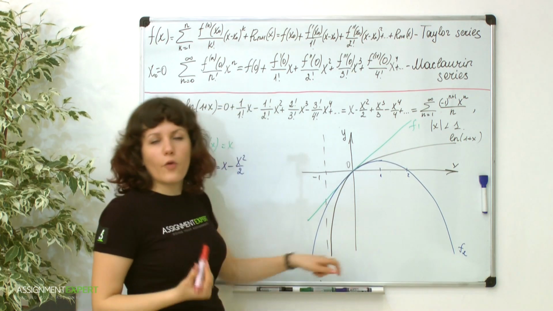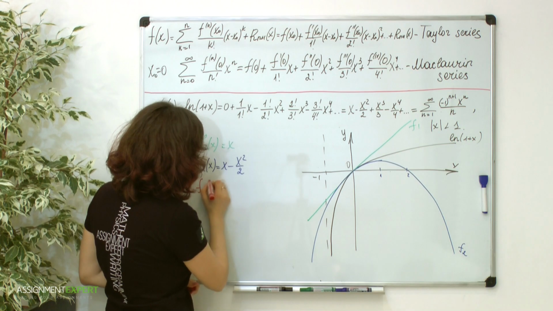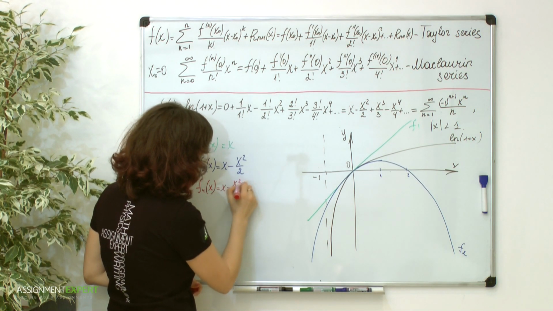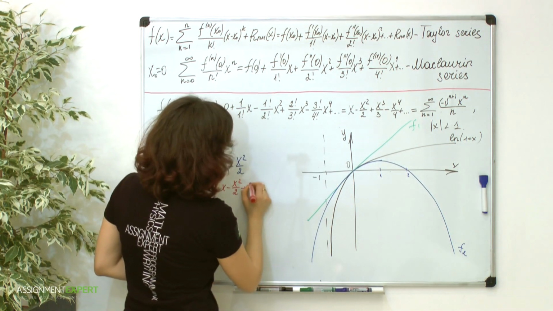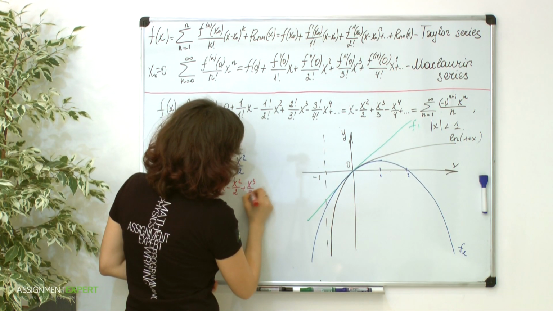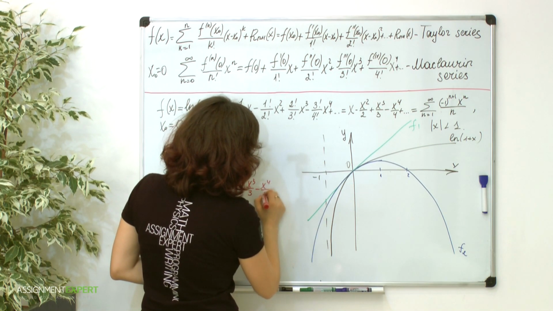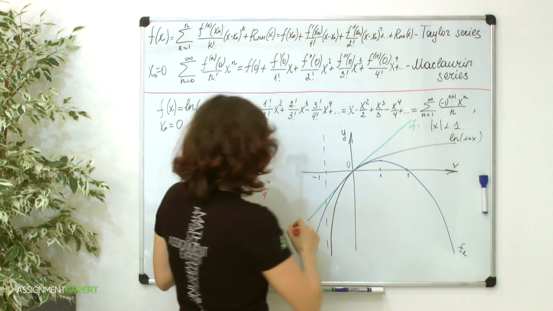Now let's consider the fourth degree approximation function, f4 of x equals x minus x squared over 2 plus x cubed over 3 minus x raised to the fourth power over 4. And the graph of this function is